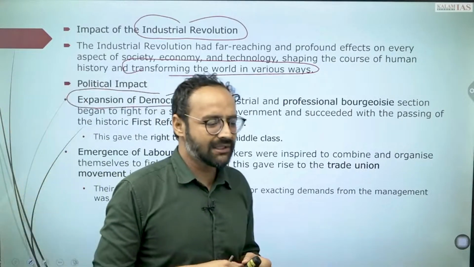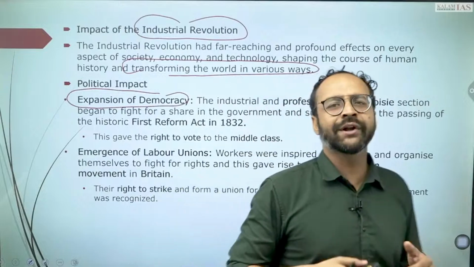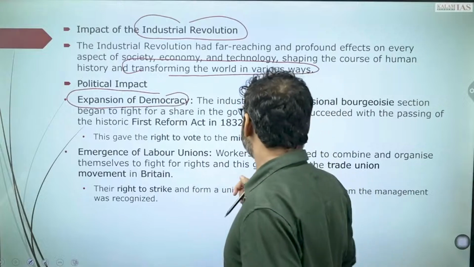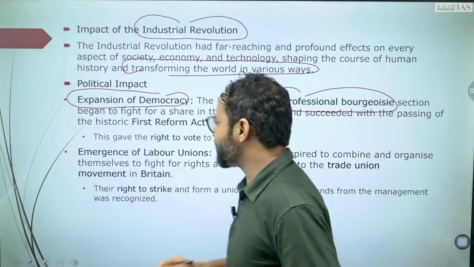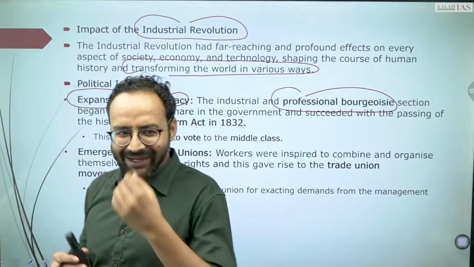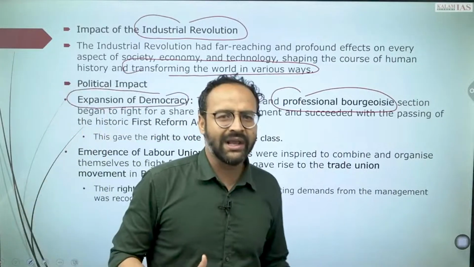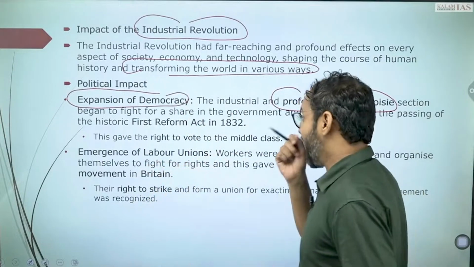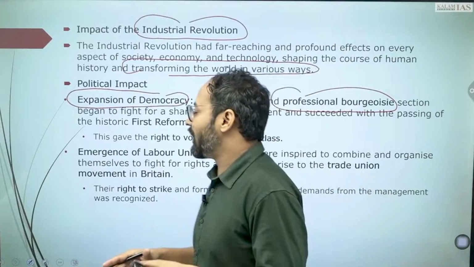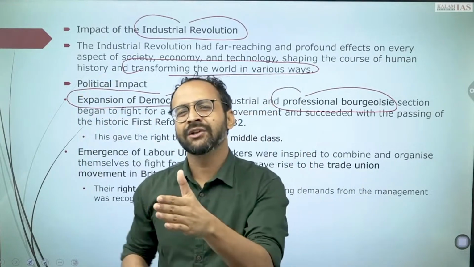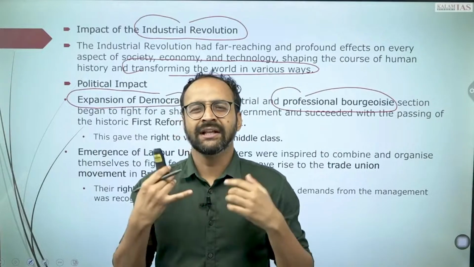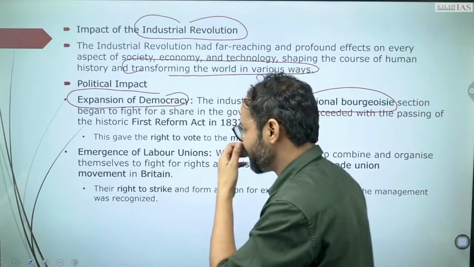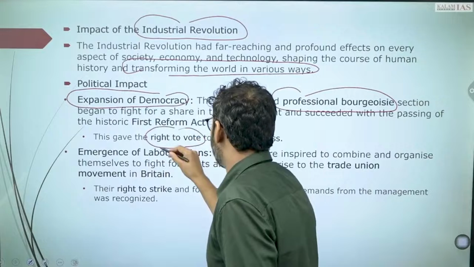The point I'm trying to make is that it made headway for the people who wanted opportunities. They rightly get it. They get the opportunities, they get the wherewithal. There is a kind of professional bourgeoisie which is coming up. These bourgeoisie, when coming up, changed the way we look at societies and made society grow. It also expanded the way the thinkers used to think in the French Revolution, the democracy, the equality. So it came up in the right direction, everything amalgamated. So there was a right to vote which came in the first Reform Act of 1832.